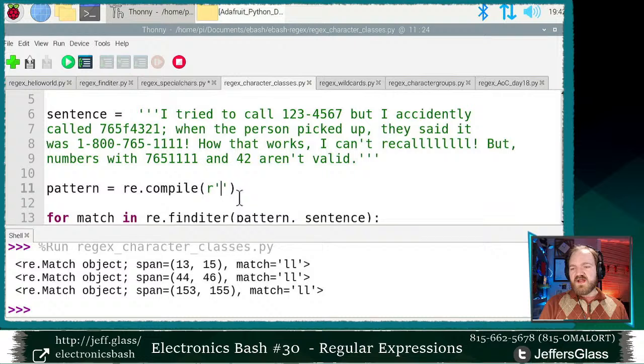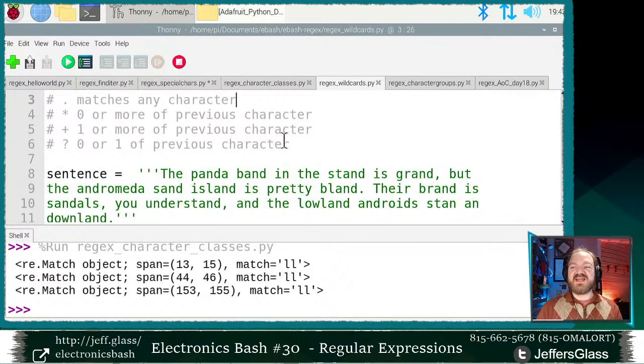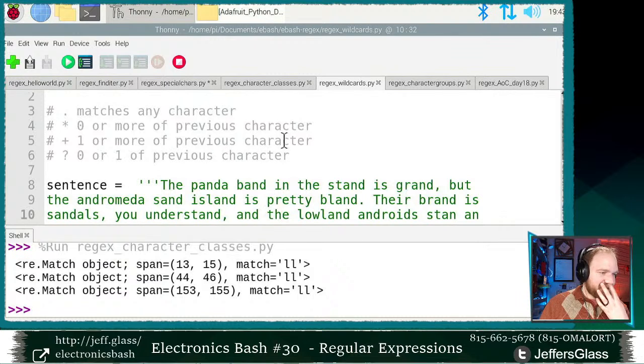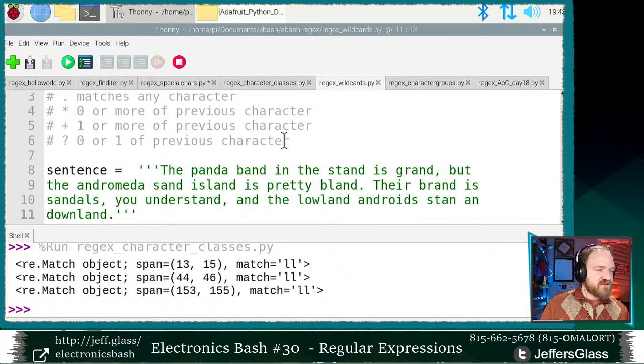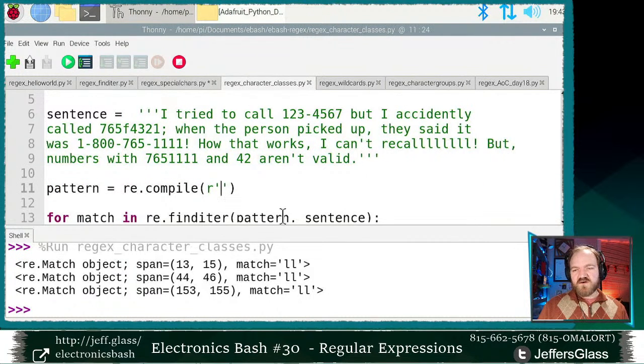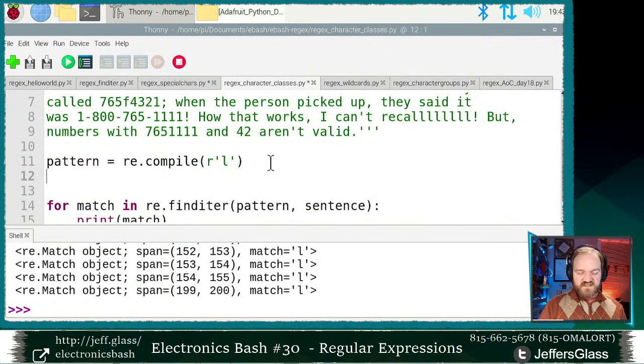So let's see here. What else might we do? Let's go on to our next example, partly because I think I prepared some useful sentences for myself in advance, so that will match a little bit better. Chris, is there an easy way to say the number of matches but not display the matches? Yeah, you certainly could. Let's go back to our previous example here, and let's find the number of instances of the letter L, and we'd like to know how many that is, right? One thing we could do is say